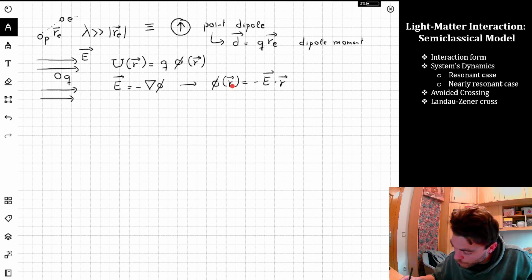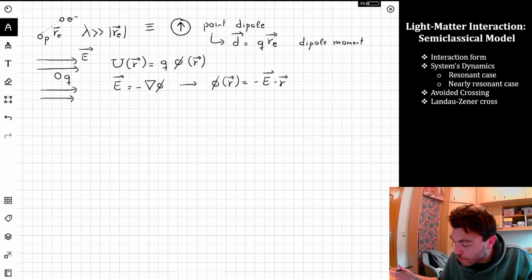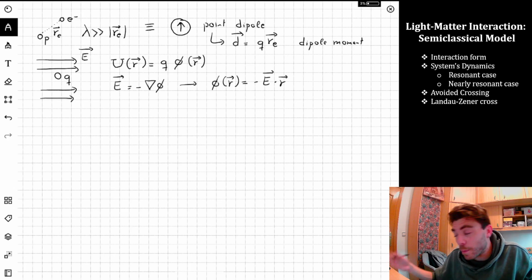But this position, don't confuse it with r(e). r(e) is the difference between the positions of the charges that we will arrive at. Now we are considering a single charge right now. So R is just the position of this charge that we are considering. It depends where you put the zero